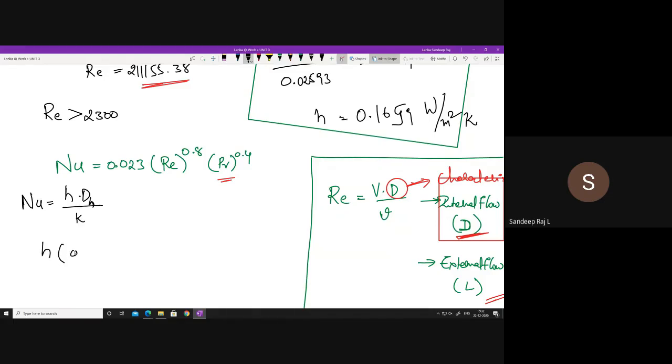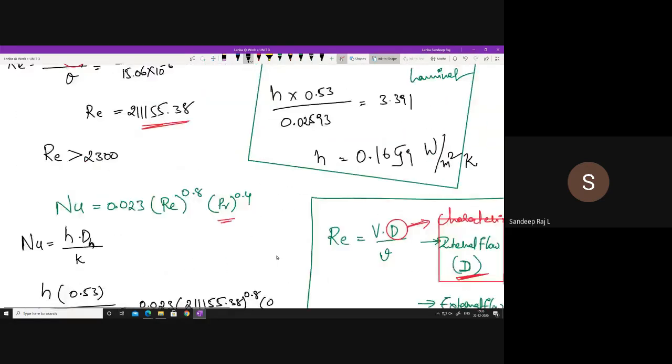So h into the hydraulic diameter, 0.53, by the k value 0.02593, is equal to 0.023 into the Re value 2113155.38 whole to the power of 0.8, and Prandtl is 0.703